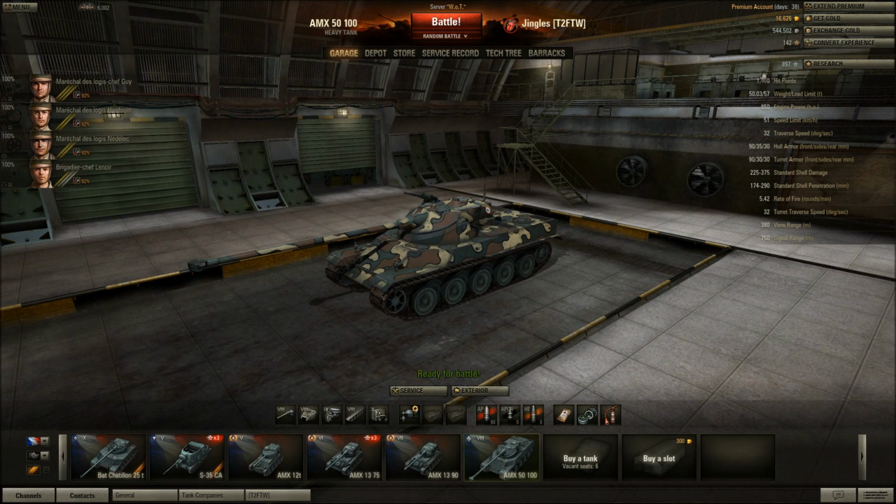So it has the lowest health, it has the worst armour by far, but it has the most powerful engine and the best engine to weight ratio, so it is quite fast. 51 kilometers per hour. It's a fast heavy tank. The traverse speed is very, very good. I'm pretty sure it has the best traverse speed, it has the best top speed. The turret traverse is very fast as well. However,